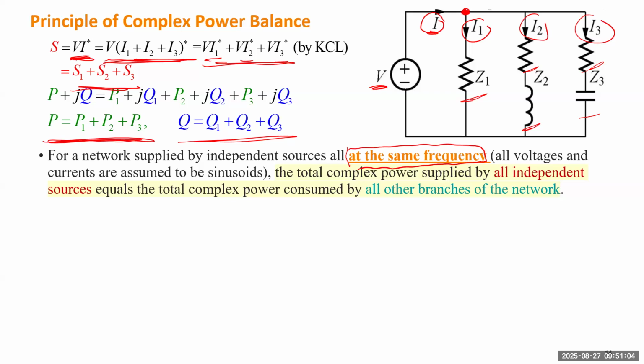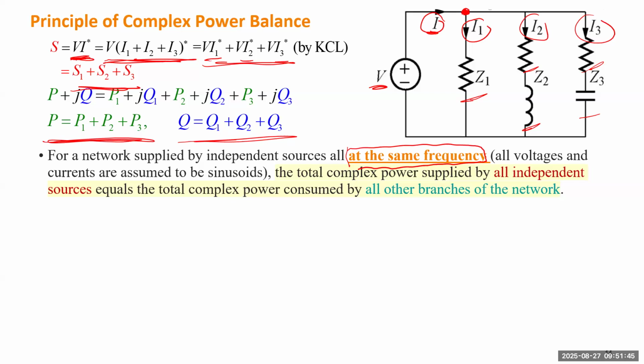That will necessarily be true for steady state analysis because we focus on steady state. In steady state, everything, including frequency, voltage magnitude, and current magnitude, is constant, right? So in steady state analysis, this assumption is true. If this is true, and all currents and voltages are assumed to be sinusoids of the same frequency, the complex powers supplied by all independent sources together will always equal the total complex power consumed by the other